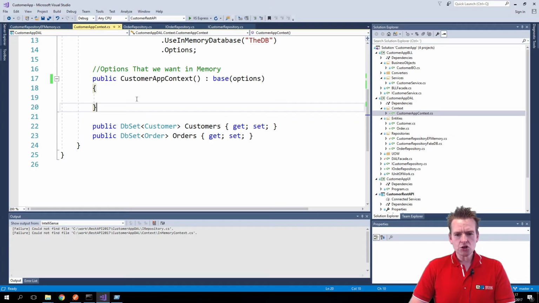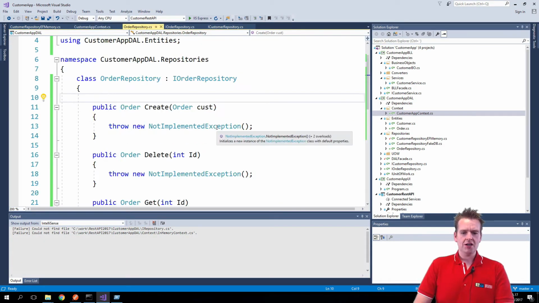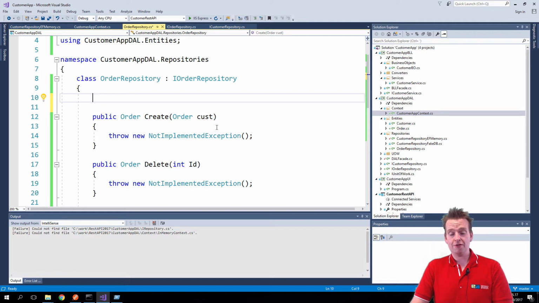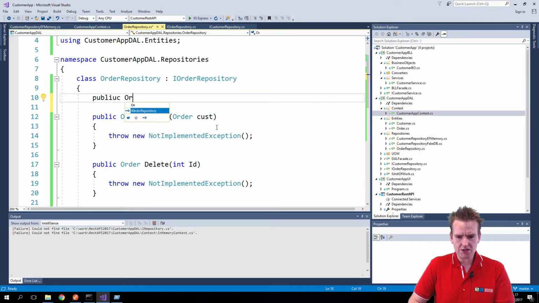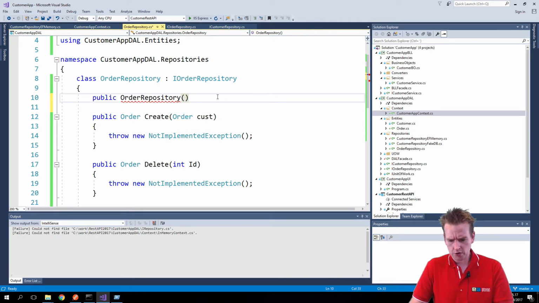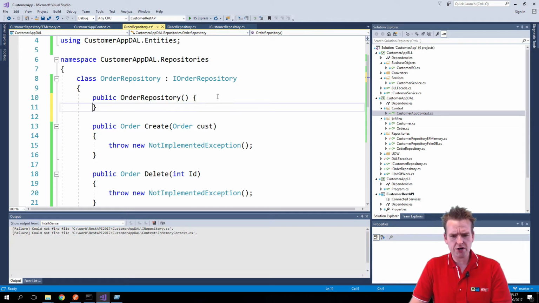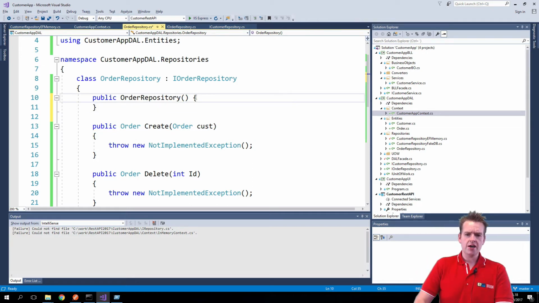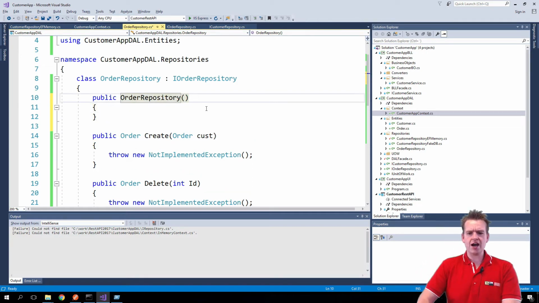Good. Let's use it now inside the order repository, because the order repository needs, first of all, a constructor. So let's make a public OrderRepository right here to make that constructor. There we go. Let's just write public, the OrderRepository, and just add the curly brackets right here. And there we go. Now we have our constructor, and our constructor is of course going to, from the outside,